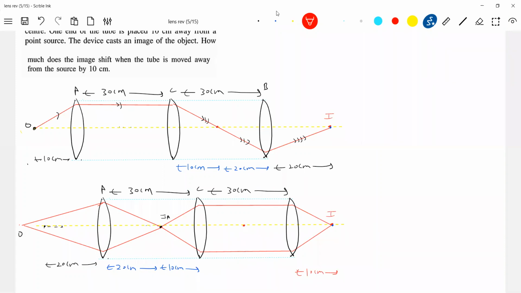You try to see that the position of the object has changed. The object distance, how much is it now? 20 centimeters. Are you able to see now? The tube itself we have shifted by 10 centimeters. So the position of the image will not change. In many instruments, we need methods like this. This can be asked of you in exams. You have to be very careful.